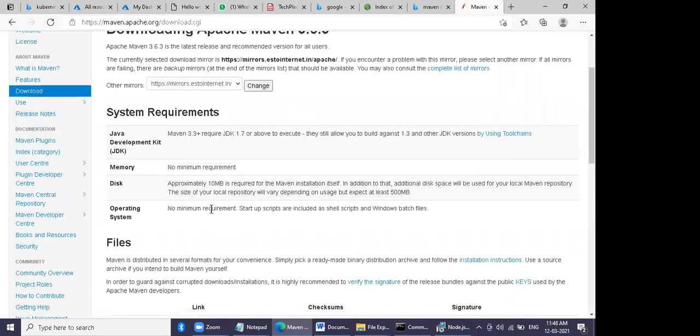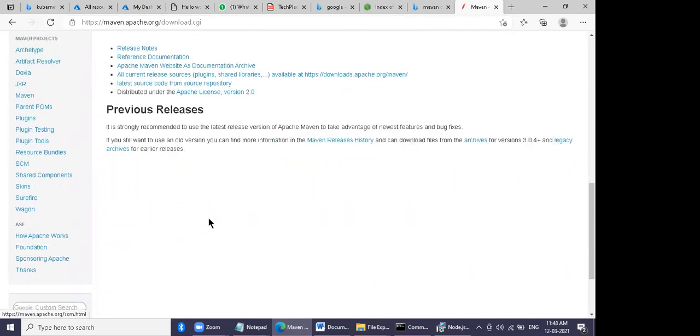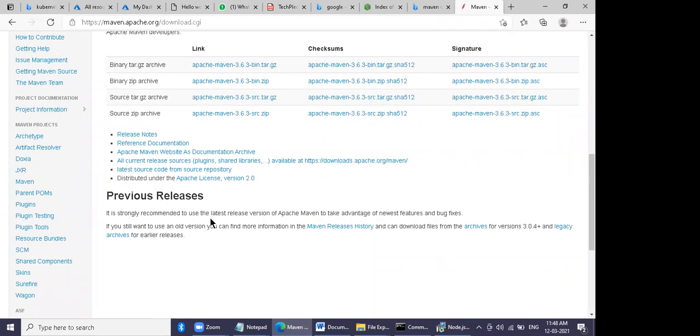Maven is a build tool for Java. Okay, scroll down. Click that. Go up. Click that second one. This one. Second one. Binary zip. Yeah. Extract it.